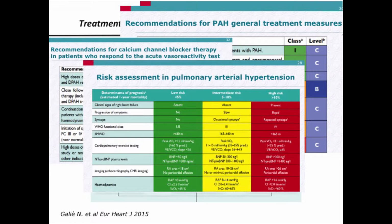Now, looking at the treatment algorithm, I would like to emphasize one thing here, that the algorithm starts talking about combining at the level of the general measures, because sometimes we don't consider these measures as a mode of therapy. When we talk about monotherapy, we always talk about things like sildenafil or bosentan. But as a matter of fact, the general treatment is really a part of the combination therapy. You would like to give specific recommendations to the patient, for example, avoid pregnancy, immunization, etc. And these are really part of the treatment strategy. It is a way of thought, if you like, towards